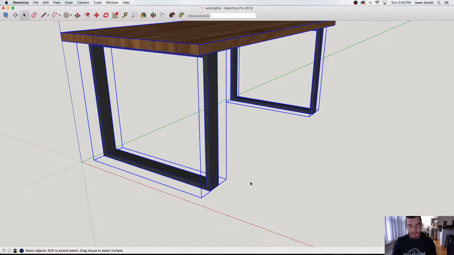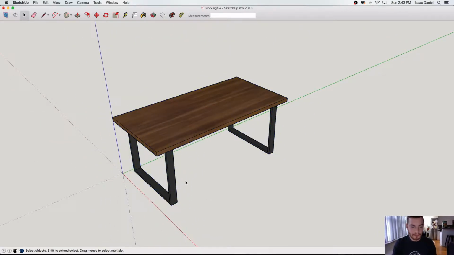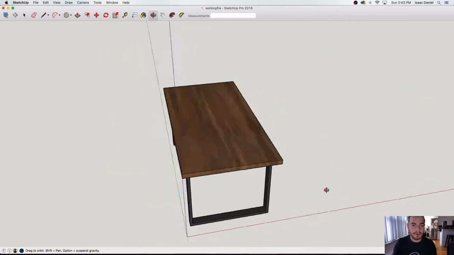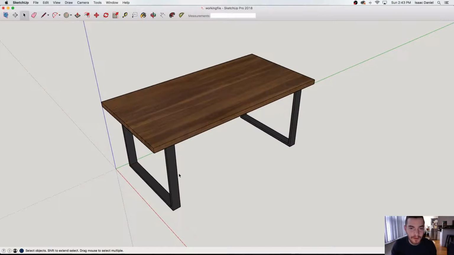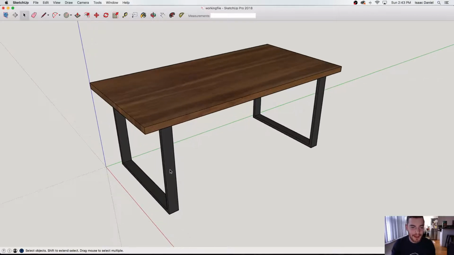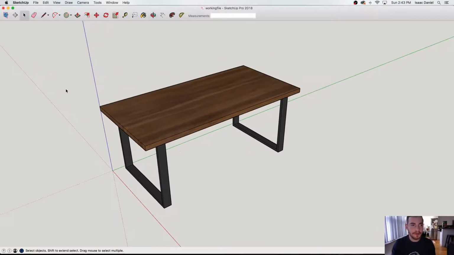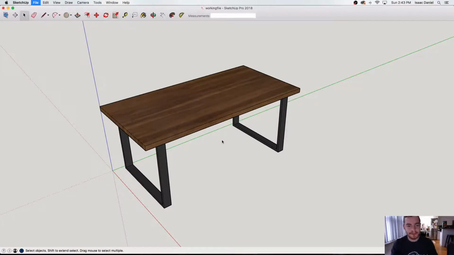And you've got a drawing of a table that you can send to your client, and pretty much a 10-minute video, even though obviously Nicole says it took a little bit longer than that. But we've got a walnut table with some black U-shaped legs, and you can send that to your client, and it's pretty cool. You can take this file and you can save it as a PDF by clicking print, and